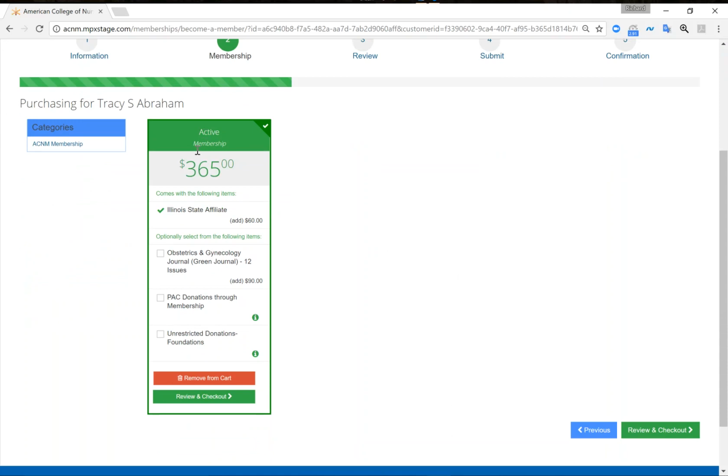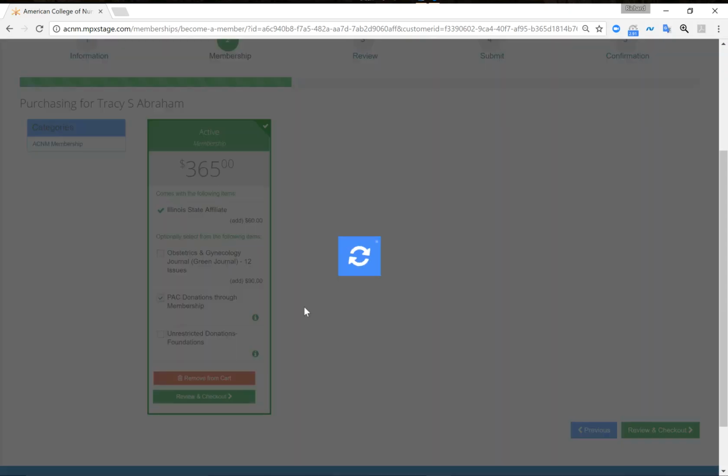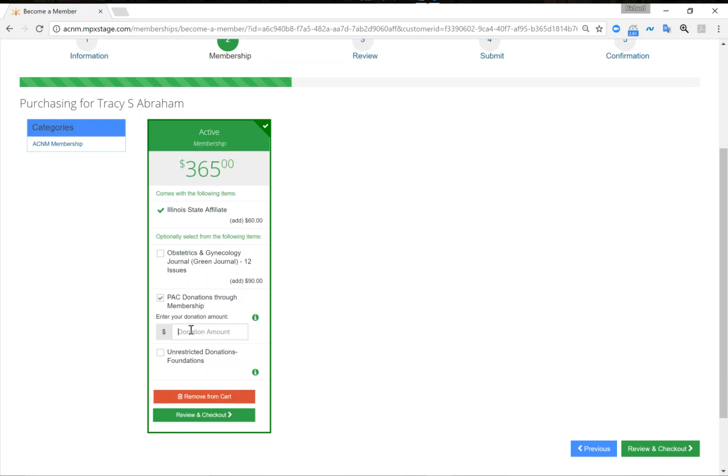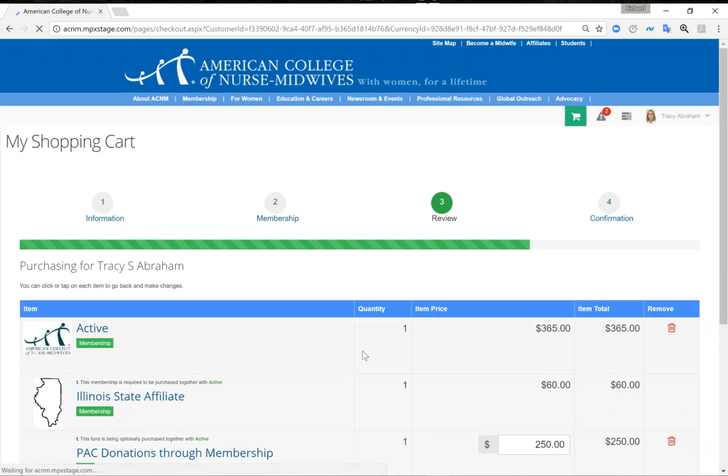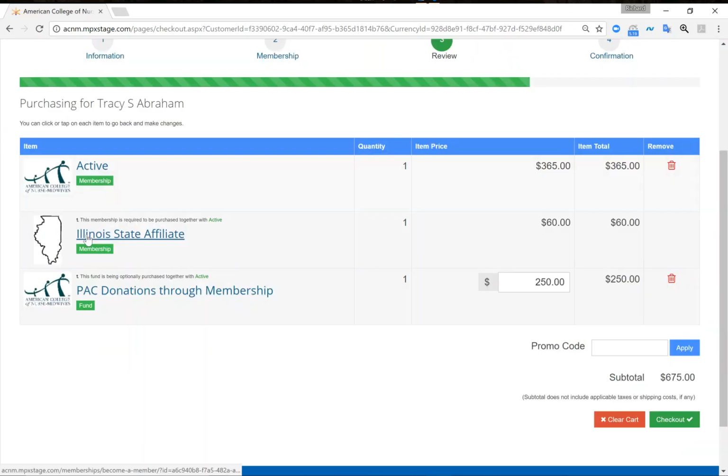And you'll see this will be very similar now to the original join process. But in this case, there's my active membership, again, defaulted with the Illinois State affiliate. As well, we'll make a PAC contribution here. So we'll go ahead and contribute $250. Click Review and Check Out. And much like that new join process, there we are, active membership, state affiliate, PAC donation. Everything looks great. Let's go ahead and click Check Out